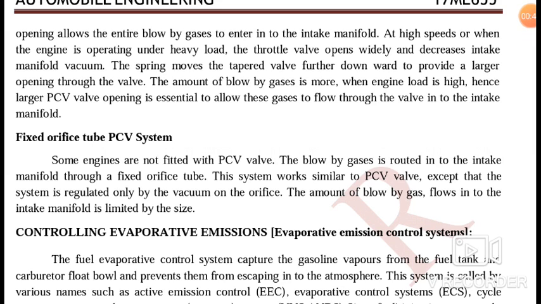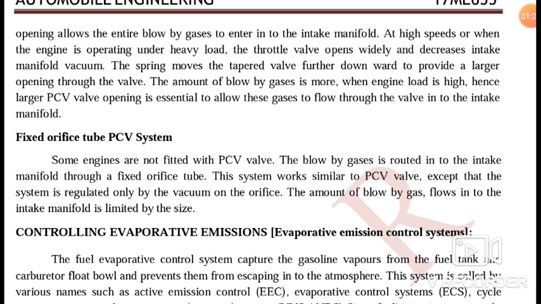So whatever was discussed previously for the PCV valve, similarly here also the working process takes place, so the blow-by gases which are produced can escape with the help of the orifice tube. The only exception is that the system is regulated by the vacuum on the orifice. The amount of blow-by gas flow into the intake manifold is limited by the size. So we have a fixed orifice tube here, which is used to control the emission of pollutants into the